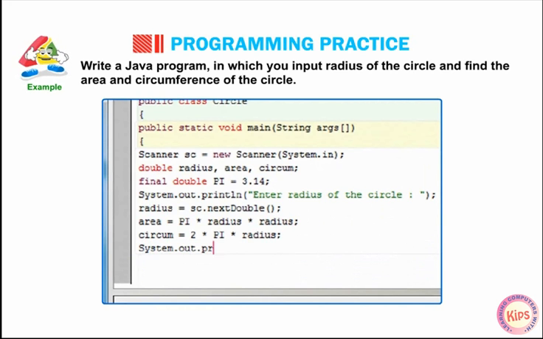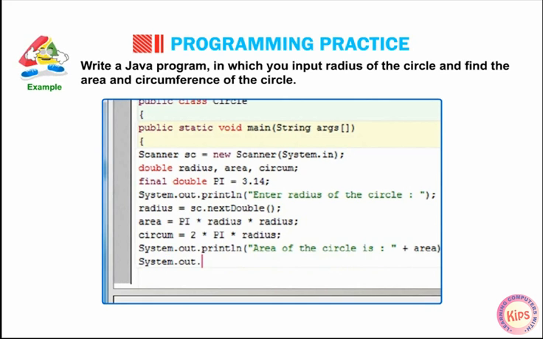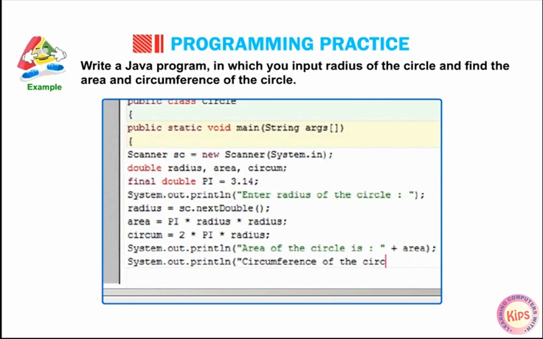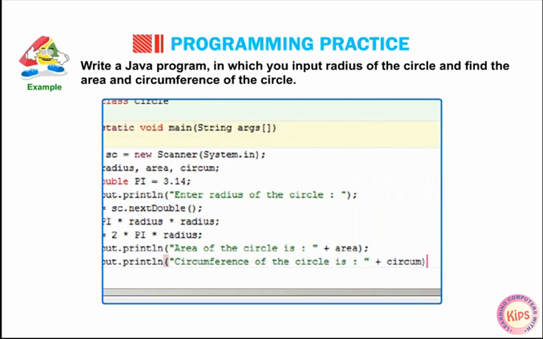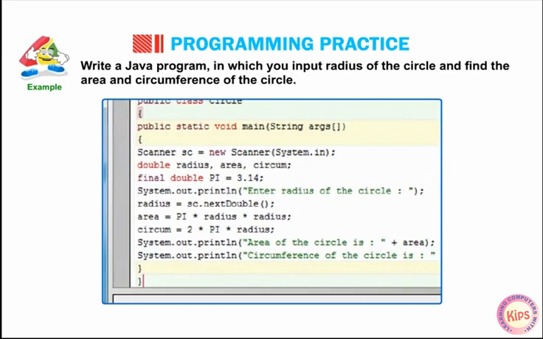System.out.println("Area of the circle is:" + area); System.out.println("Circumference of the circle is:" + circum); } }